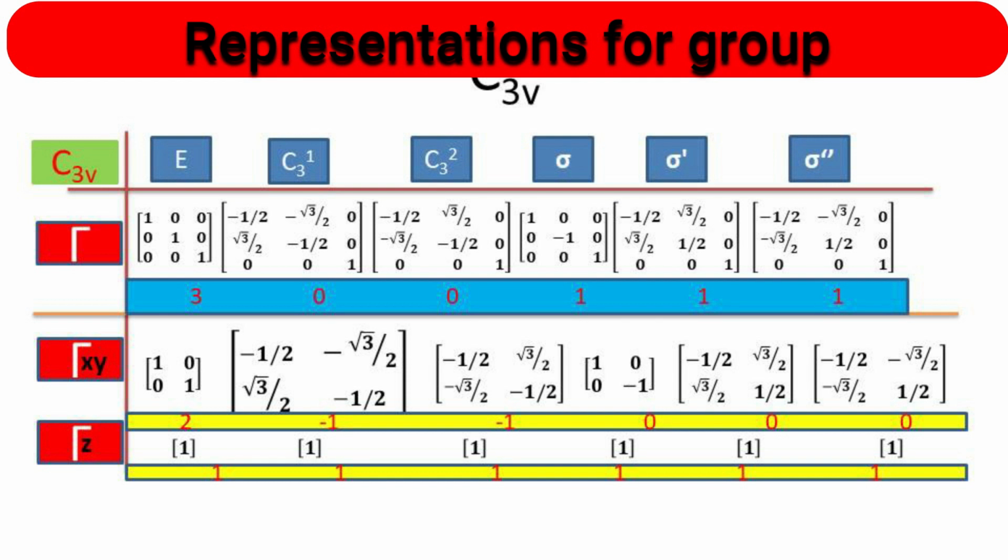Three atoms are there. What can I do? For each atom, I can consider a three-coordinate representation. So for three atoms, the representation will be 3 into 3, 9 coordinates. The matrix that results from that consideration will be a 9 by 9 matrix. Let us see how to reproduce that 9-dimensional matrix